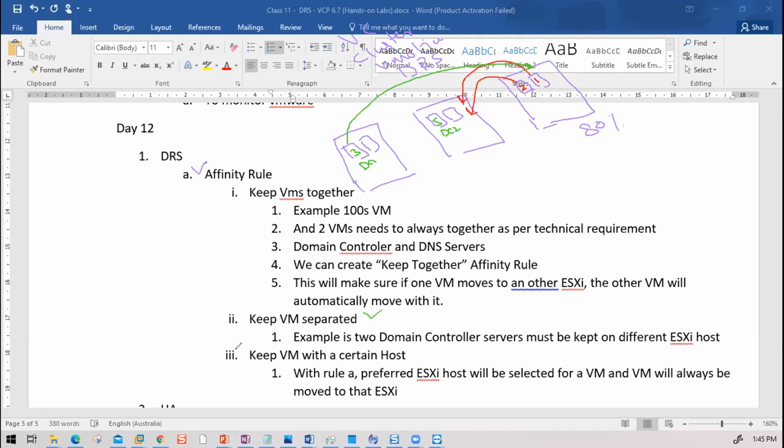And the third affinity rule is just saying that certain VMs keep VM to a certain ESXi host. Let's say you have 3 different ESXi hosts. This one has 4 CPUs, this one has 4 CPUs, but this one has 8 CPUs. This is a new